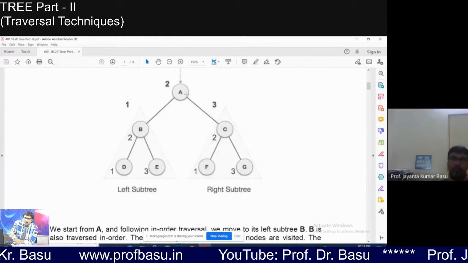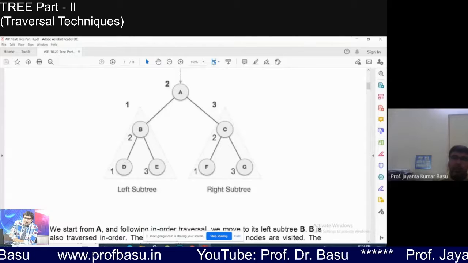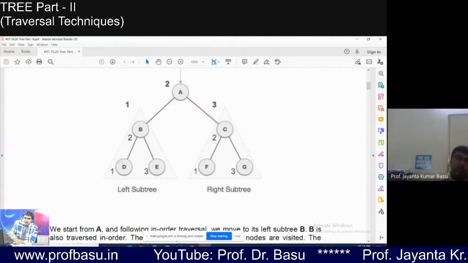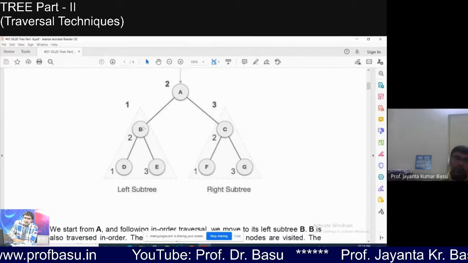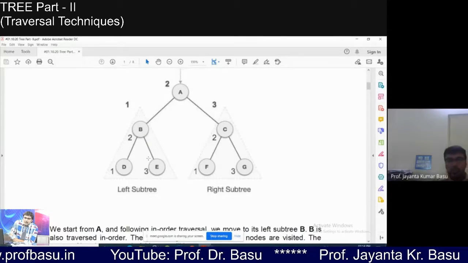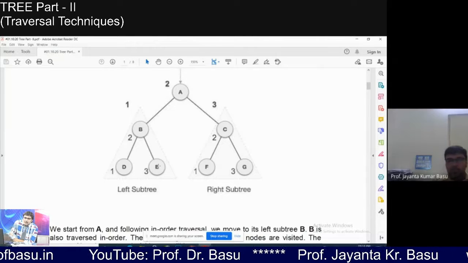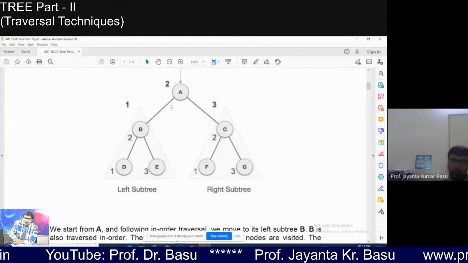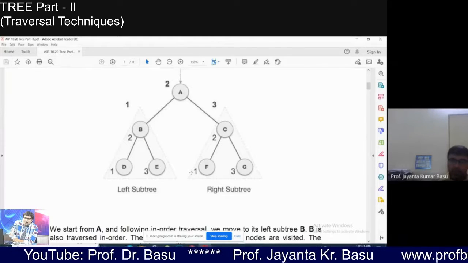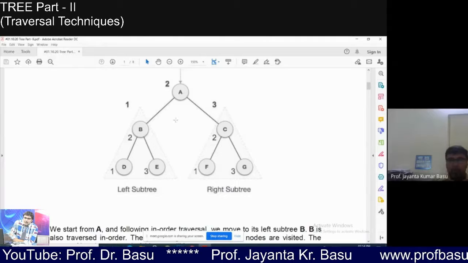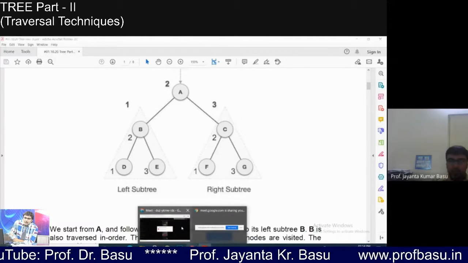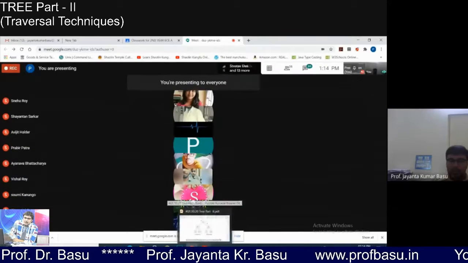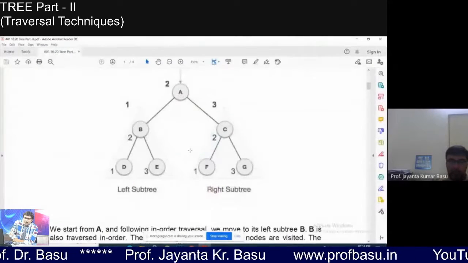If we put the key values maintaining the BST property, meaning the left nodes have less value in comparison to the root, and the right nodes have greater than or equal value in comparison to the root, then you will find that we get an ascending sequence according to the key values. Okay, that we will check later.